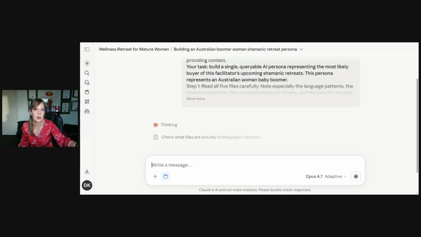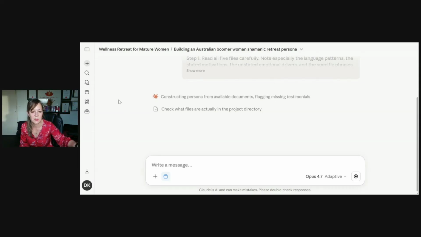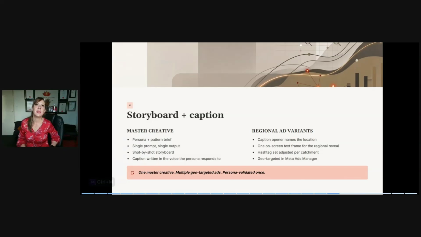I do this with my clients where we have audience personas for them. I also include the social media strategy and SEO and all those sorts of things, so that's all feeding into it as well. Then it's using the AI to create content that's already keeping in mind those strategic documents that we already have. So it's just taking a little bit of time. It's constructing it. While it's doing that, let's move back. The next stage is, we've got the Reels report, which we'll add in a minute.